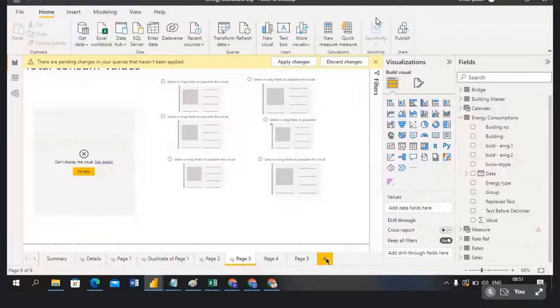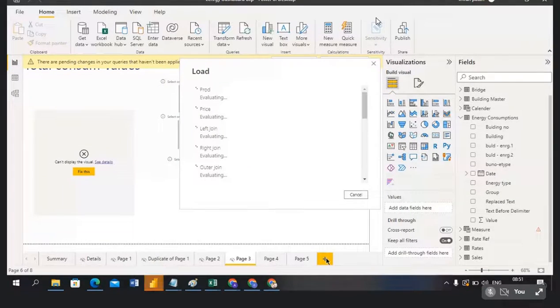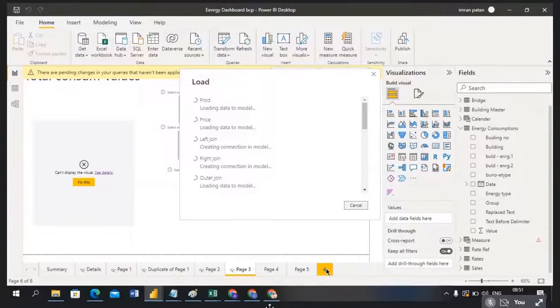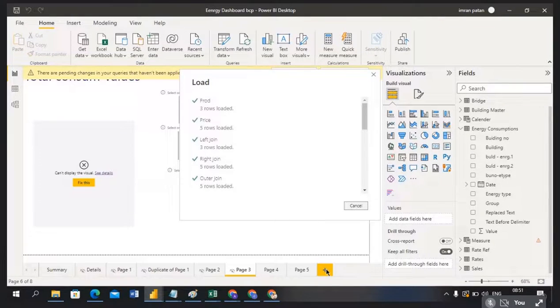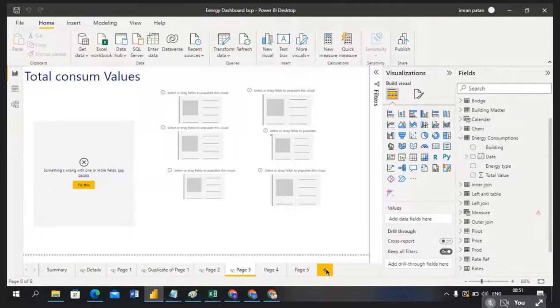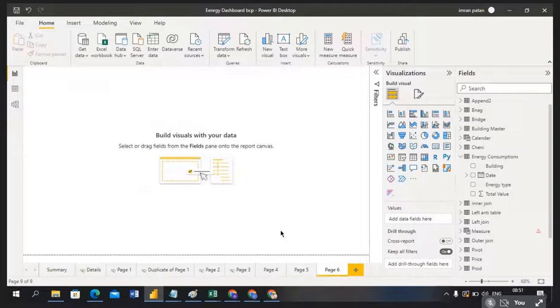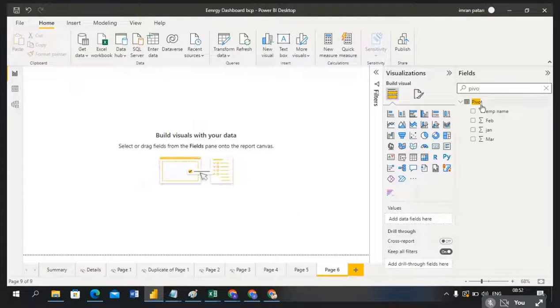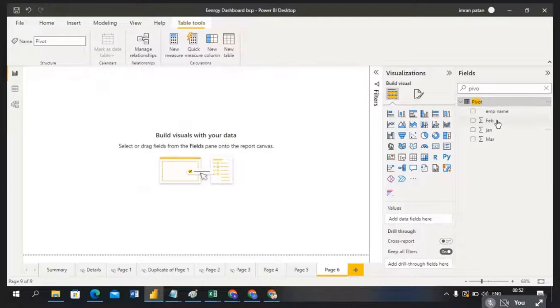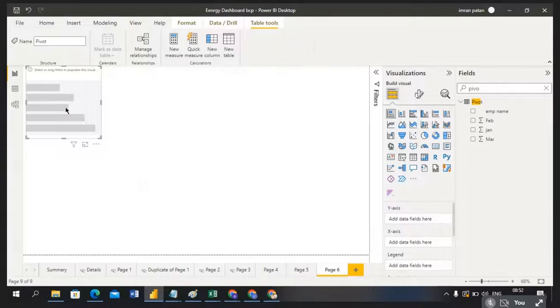So I'm adding one new page here. The data has been loading. One new page I'm adding. The table is a pivot, right? This table. Okay, now if I take any chart, guys, for example, if I take any chart,